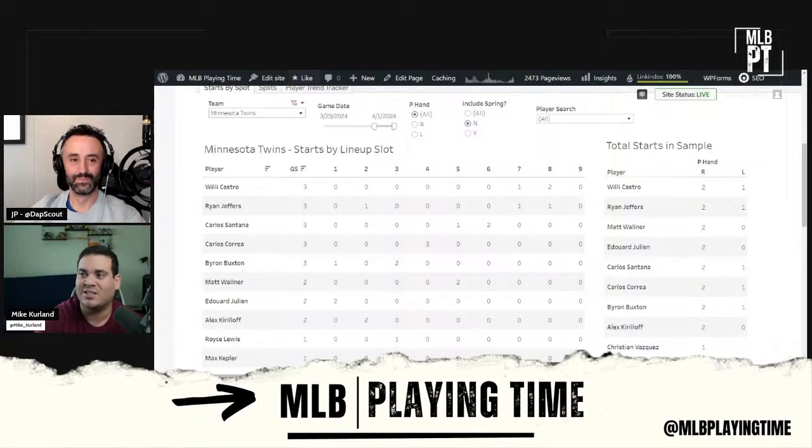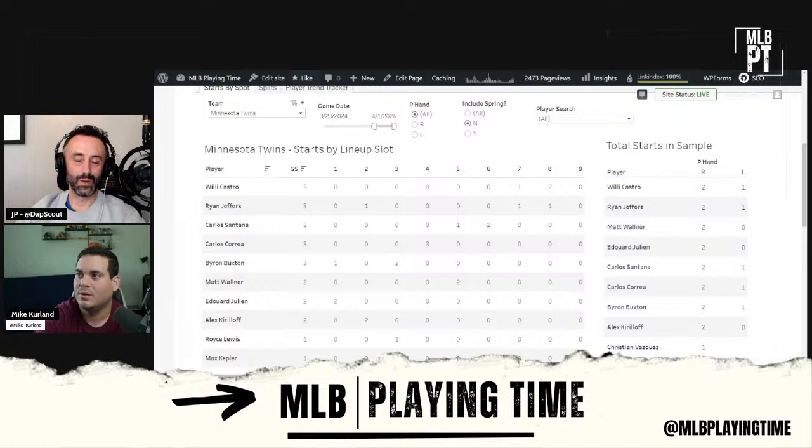So I still project Julien to be more of a part-time player against lefties, even with Royce out, which is unfortunate because obviously you're going to start him most weeks anyway, as long as they have enough righties. But if it's one of those weeks, like I think the Tigers have a 3 lefty, 3 righty split, you can't really start Julien with confidence that week because he might start 4 out of 6, and that's not what you need out of a player. Even though he can be really good in those 3 or 4 games, it's scary. So Julien's a guy that we have to see. We don't have a large enough sample yet against lefties, but sooner than later we'll get it. What about Wallner and Kirilloff?